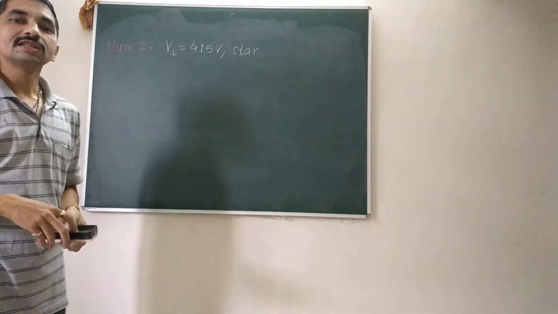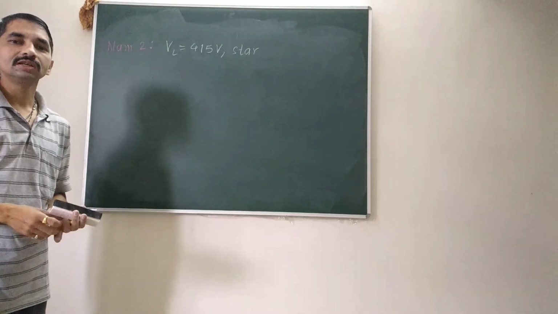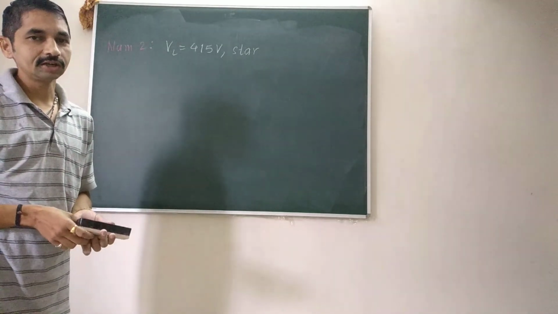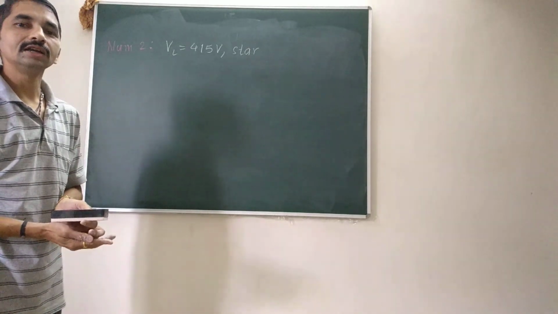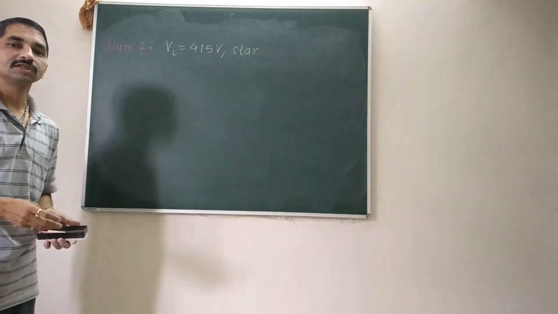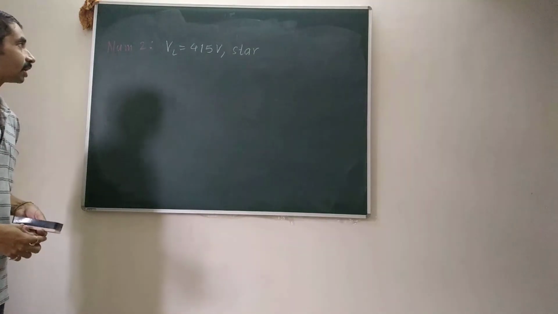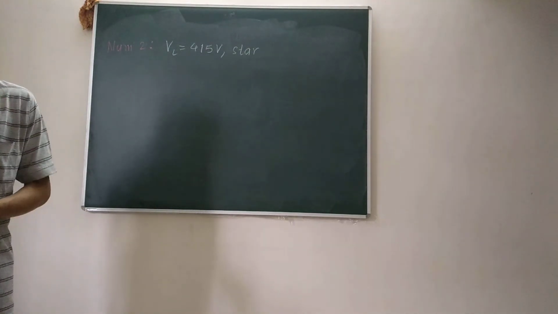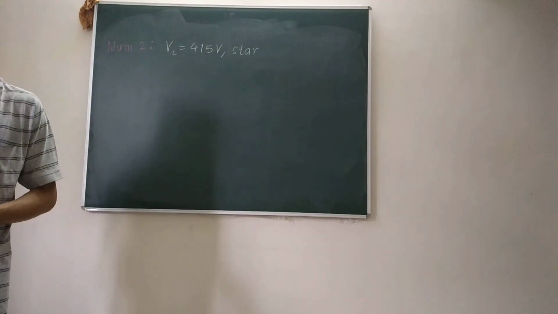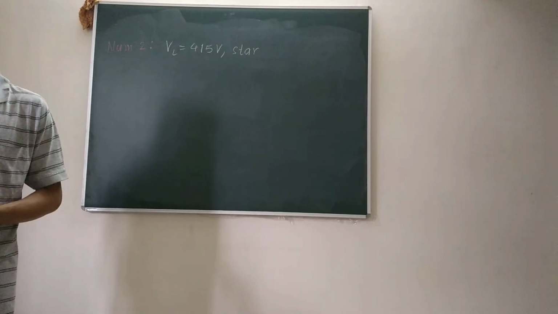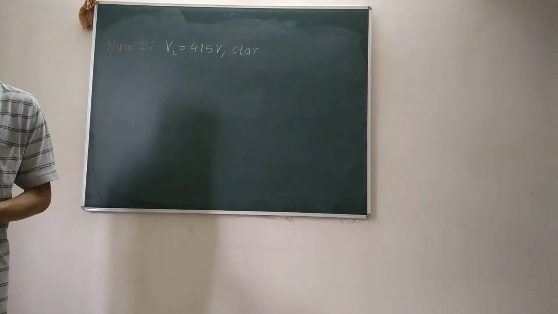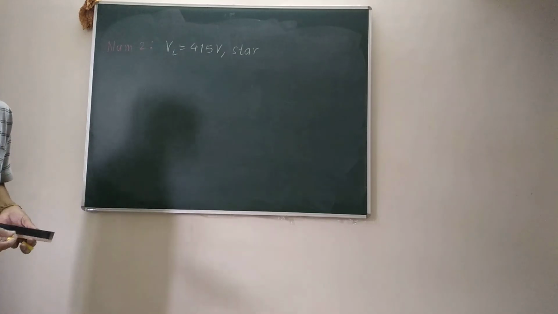If they are saying it is a star connected induction motor, that means the stator winding is connected into star. If they say it is a delta connected induction motor, that means the stator winding is connected into delta. So in the given numerical, they have a 3-phase 415 volt star connected slip ring induction motor with stator to rotor turns ratio as 6.